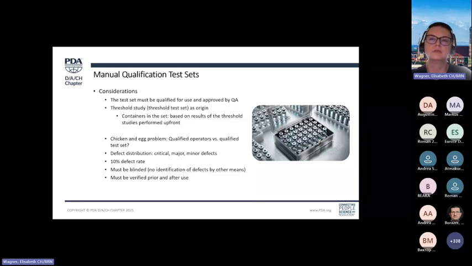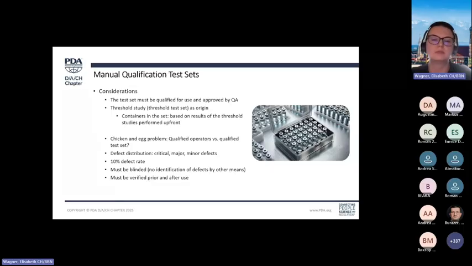And there's also one interesting item that I wanted to discuss or present to you. Sometimes when you have new facilities or you have tech transfer projects and you have an issue, do you need qualified operators first, or do you need a qualified test set first? What happens if you don't have the one or the other? So a good approach would be that, for example, if you have 20 new operators and you want to qualify them, you could compile a test set